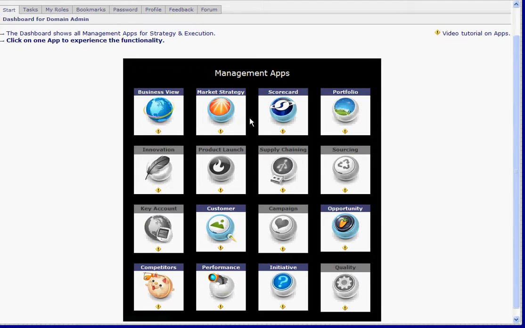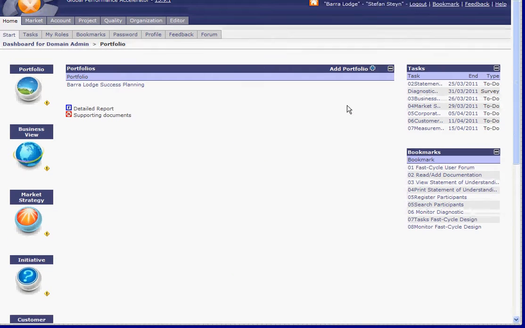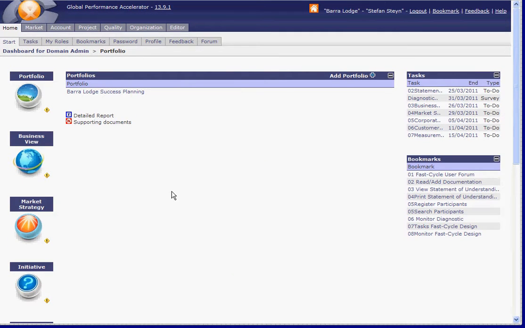So he can go to his dashboard by clicking any of the callout apps, like here on portfolio. Then he immediately gets his dashboard, and with this dashboard he has all the functionalities which he needs to manage and monitor the whole process. On the left hand side you have the apps.